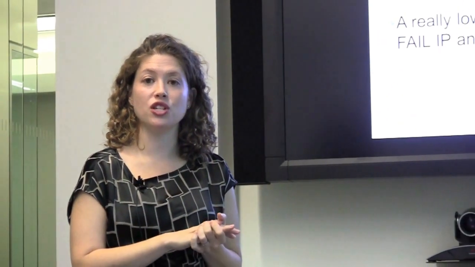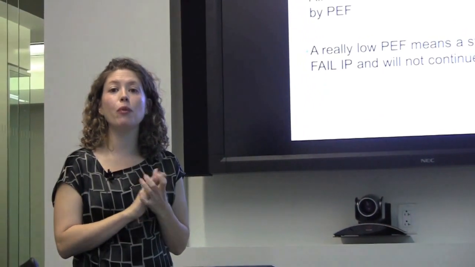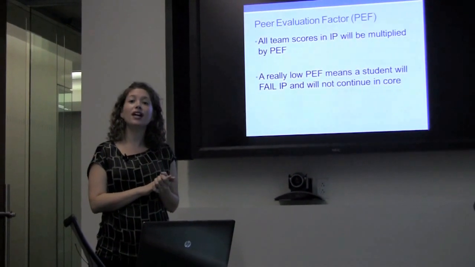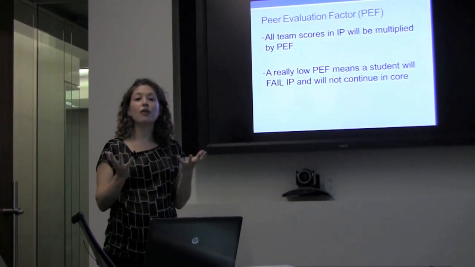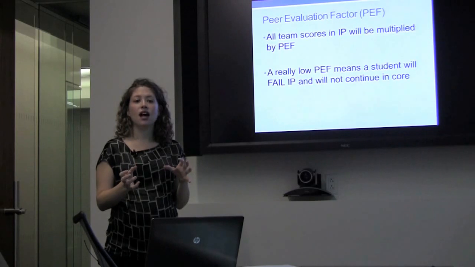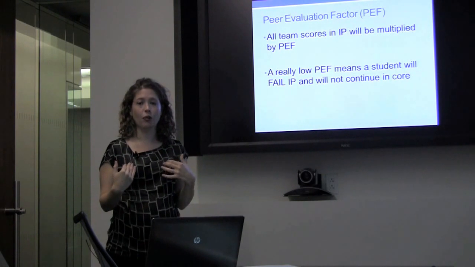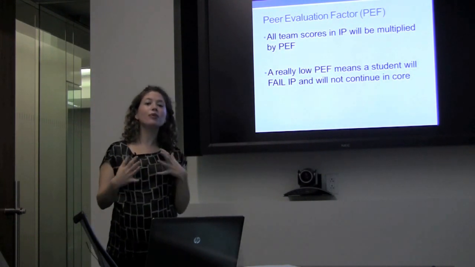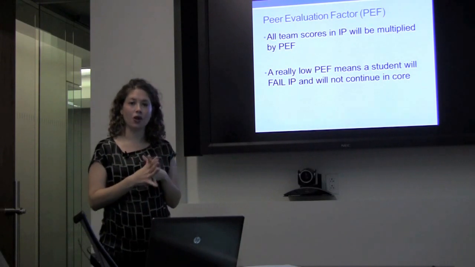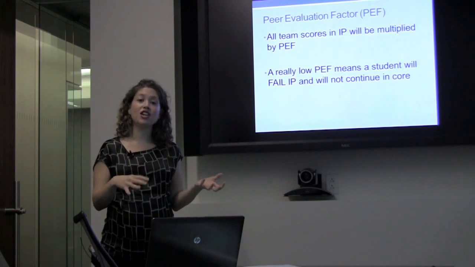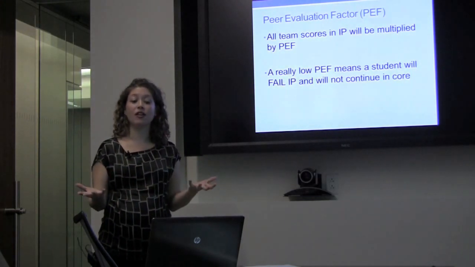So all team scores in IP, and there are some parts of other subjects that may be affected by the peer evaluation factor also, will be multiplied by this factor that's driven by your end of term peer assessments. If everybody agrees on your team, and we professors look at the teammate ratings with an educated eye, we kind of know what's going on in the teams. We actually know when there's a free rider problem a lot of the time ourselves. So we're able to sort through any noise that there may be in the peer evaluation data as well. And we use our judgment in combination with the peer assessments to come up with this peer evaluation factor.